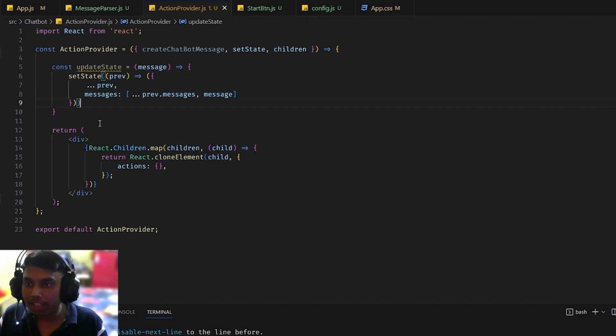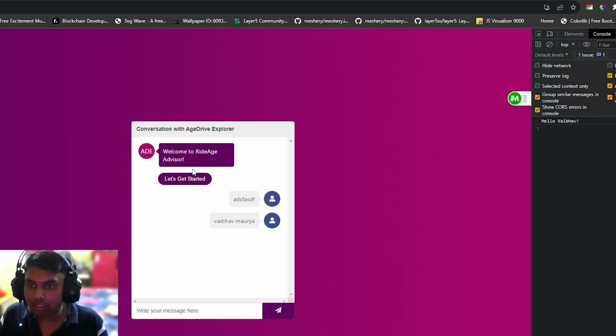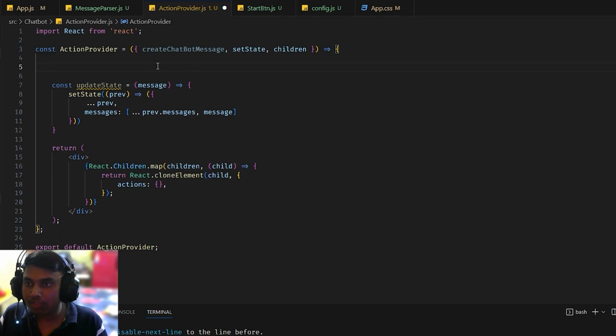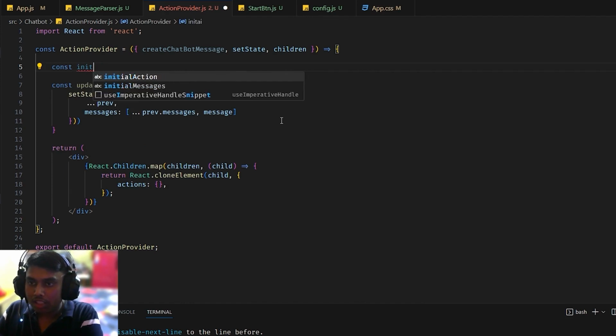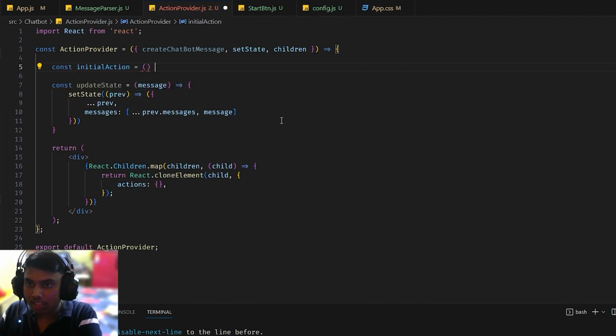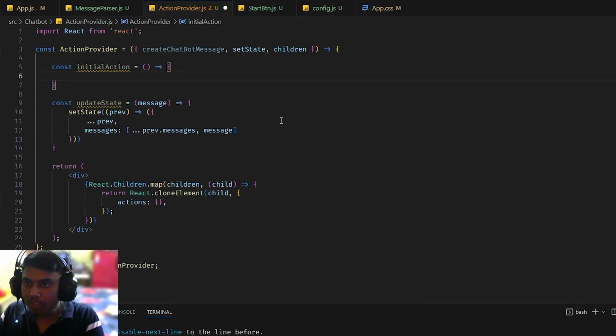So after defining this, we set the initial message, like when the user clicks on the let's get started button, we take action for that. So what I will do, I'll create here const initial action, and in this initial action we write